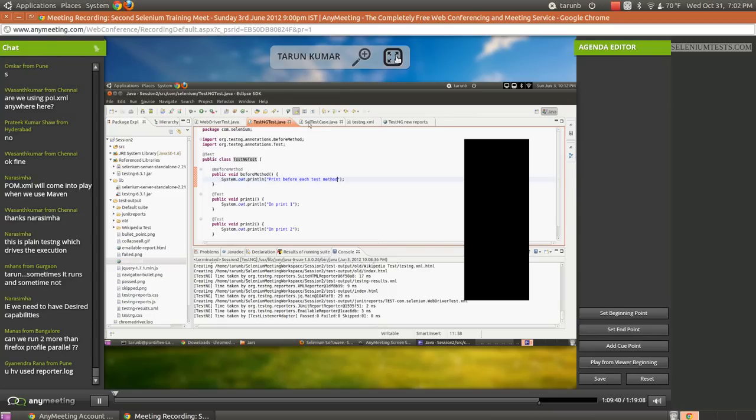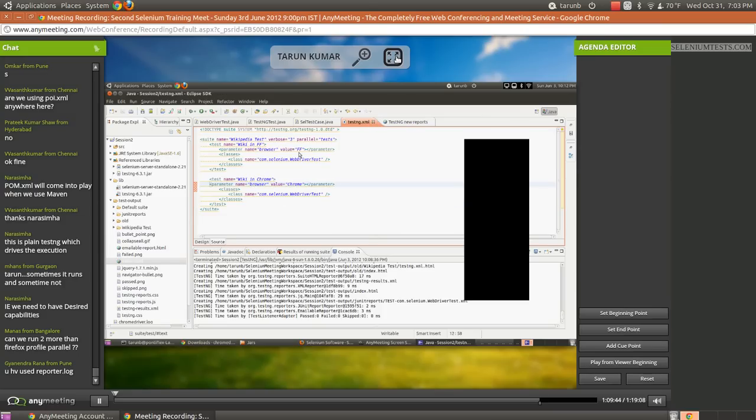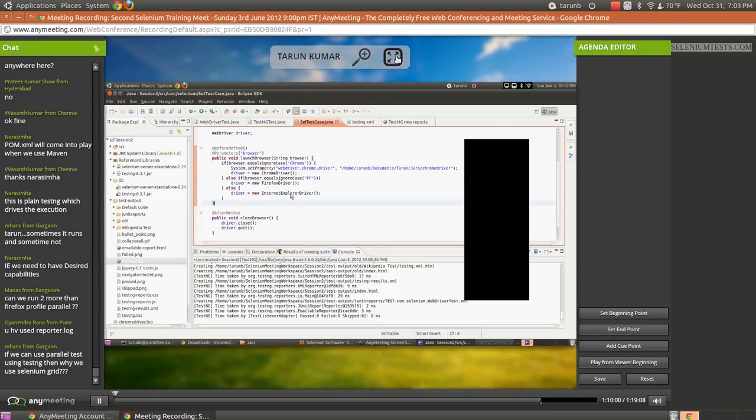Yeah, so I was talking about the test case execution for the IE browser. If I do it at this point, for example, I just make these conditions fail. So I'll give them some value which is not referred in the test case class. I've changed them to FF1 and Chrome1, and in that case none of the browsers will match, and then it will try to execute the test in Internet Explorer, so it will not work.